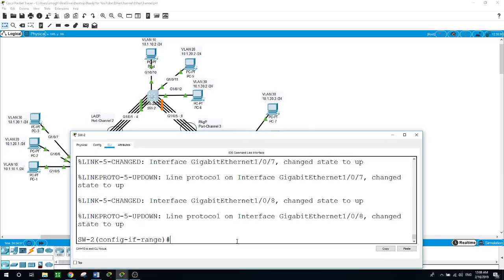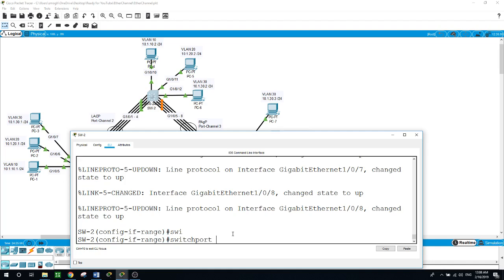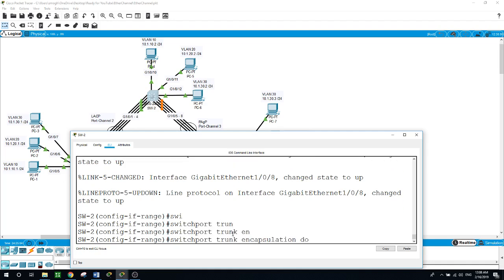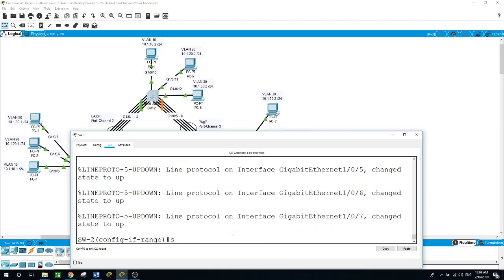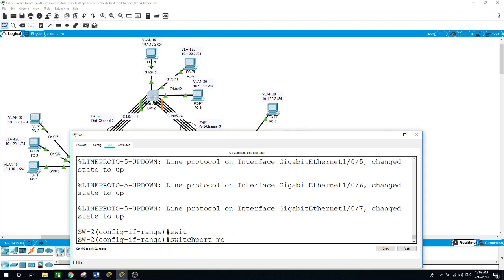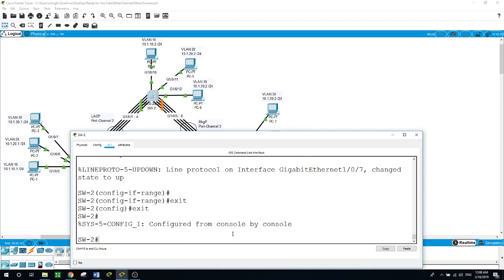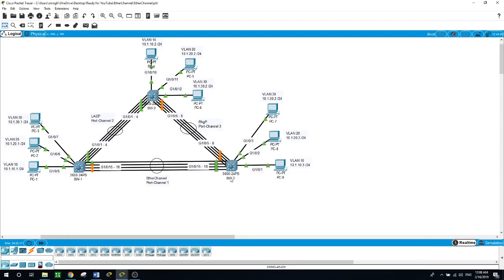I'll configure the port as a trunk port: switchport trunk encapsulation dot1q, switchport mode trunk. Exit here. Now I will do the same on